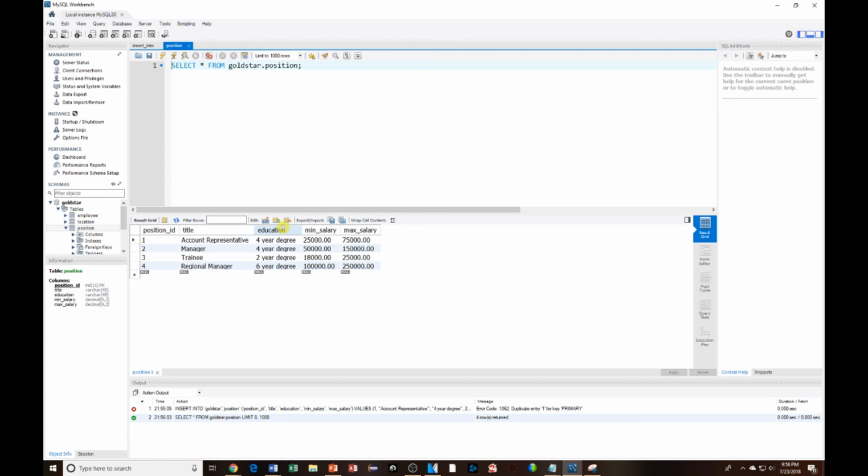But you'll see that I already have data here. So for the purposes of demonstrating how to clear the data in case you want to practice, I will show you now how to write the delete query to do so. So here I'm going to edit this and write delete from, and I'll specify the schema, gold star, as well